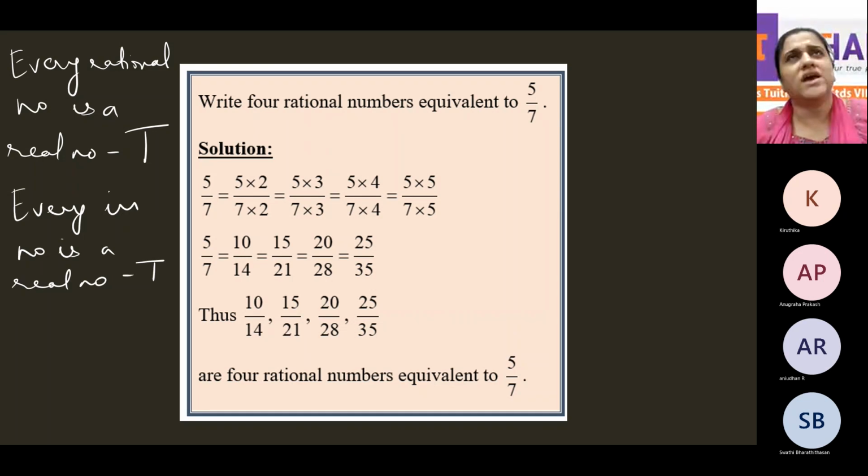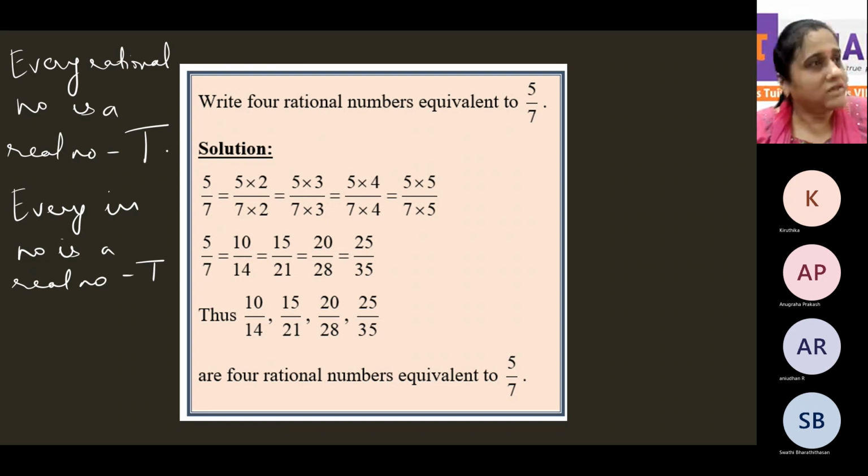It's like asking like this. Every tiger is an animal. Every giraffe is an animal. Every animal is not a tiger because animals are many. Like animals, real number is a collection. Tiger is only tiger. Elephant is only elephant. So a rational number is a rational number. An irrational number is an irrational number. But what are real numbers? It's both rational and irrational put together. So like every giraffe is an animal, every animal need not be a giraffe. Animals can be many, right? So like that. Here, every rational number